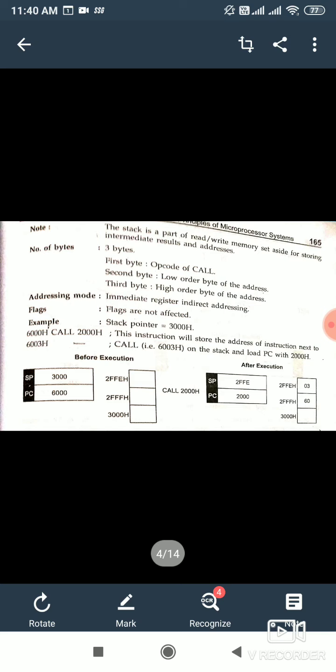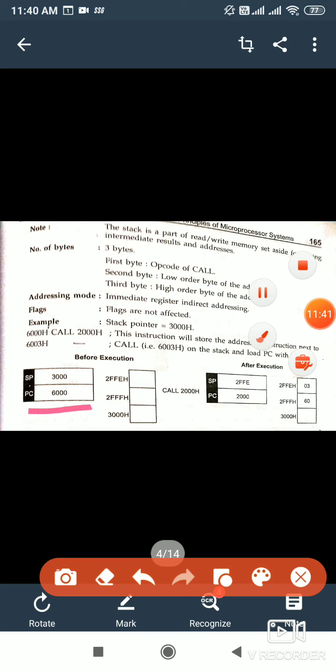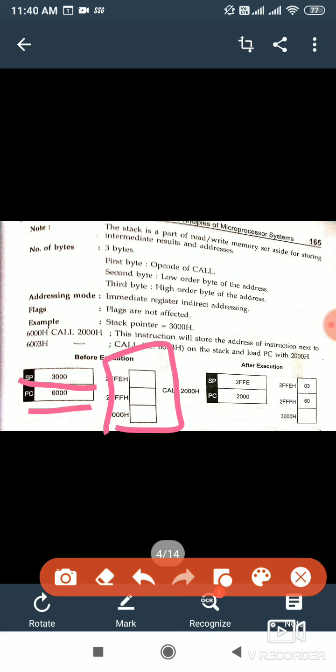Now this is the example given here: call 2000. Here the program counter is 6000, the stack pointer is 3000, and this is the stack. Now if we call 2000, what will happen? The program counter will be changed to 2000.